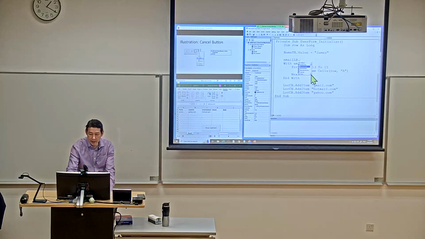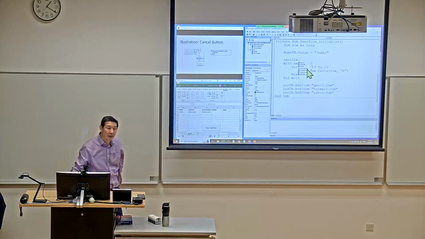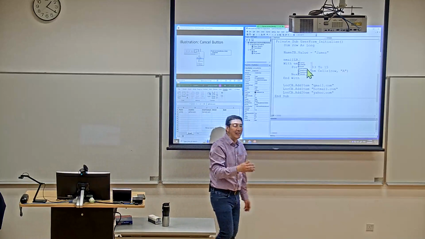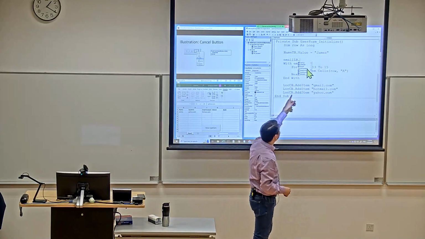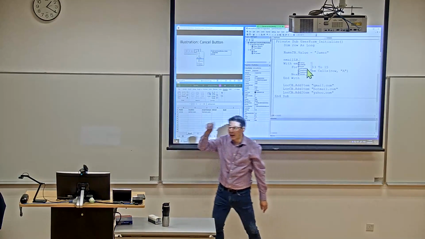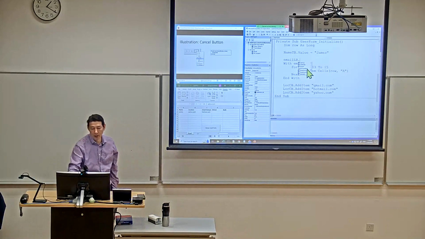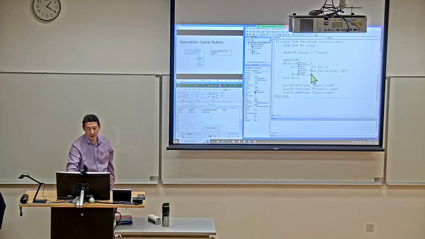Apart from clear, any other method? No. Only remove, whether you want to remove an item. Oh, remove item may do the same thing, but we have to do it many times. I think dot clear is better than removing items one by one. And set focus, so that may be another one. I don't know this one. Anyway,